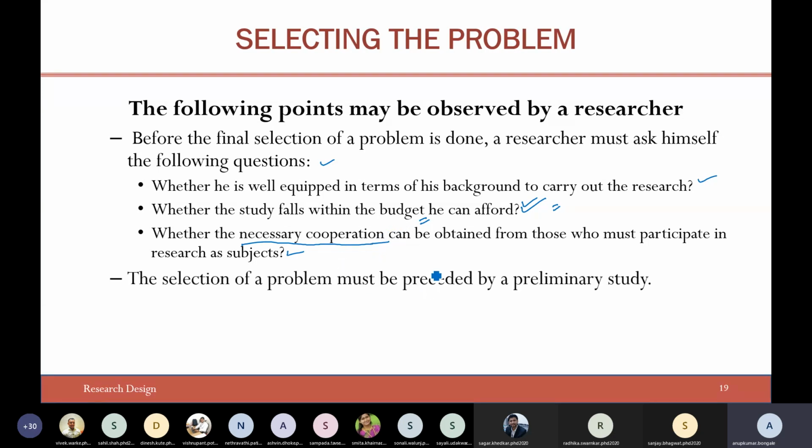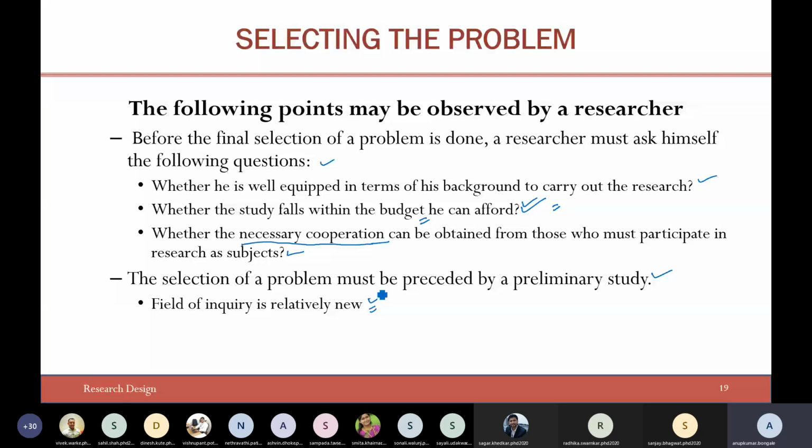The selection of the problem must be preceded by a preliminary study, right? So this is very important. A preliminary study is especially important when the field of inquiry is relatively new. The topic which you have taken, the research problem or the domain, is quite new to you. So before proposing your problem statement and methodology, you should think twice, thrice, if the domain is quite new to you and does not have an available set of well-developed techniques. That is also one of the issues.